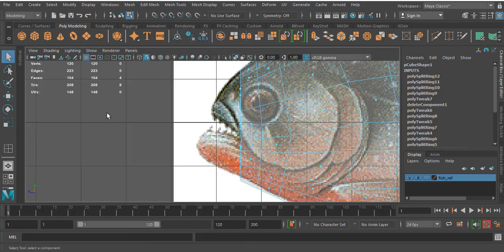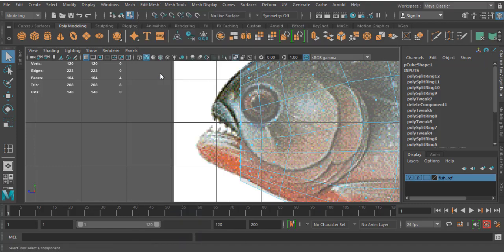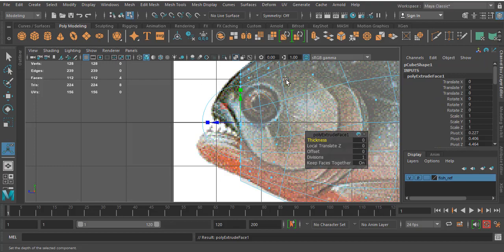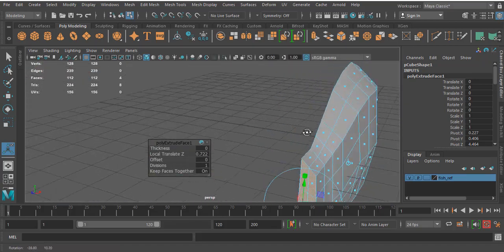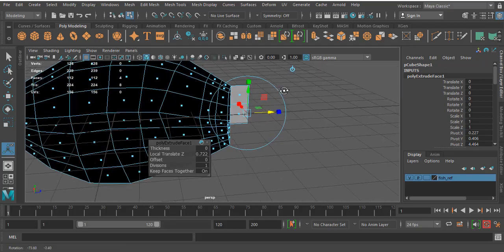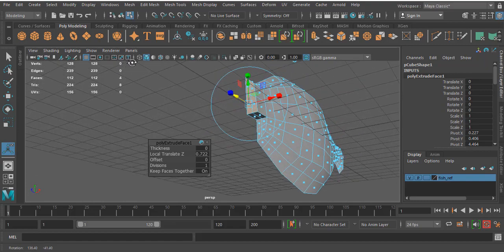Control E is the shortcut, or else you can go to the shelf, select the mesh faces, and use the shortcut icon for extrude, or else go to Edit Mesh, Extrude. Once you click on extrude, you can just drag this portion. See what is happening, extra mesh is coming from the selected face. See, this is good.